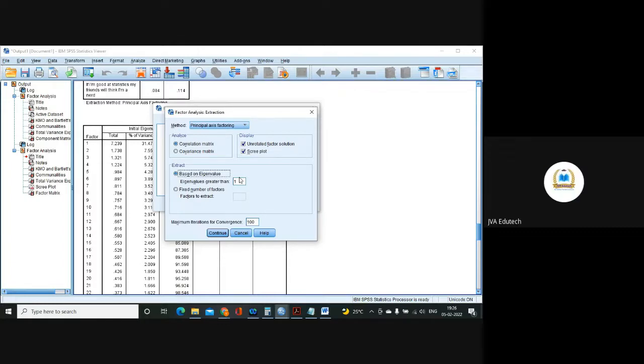If you are very sure, or if you are using the questionnaire as it is without any change, then you need not do factor analysis even. Are you getting my point? Yes, sir. You only have to establish its validity in the next step, that is confirmatory factor analysis, to confirm